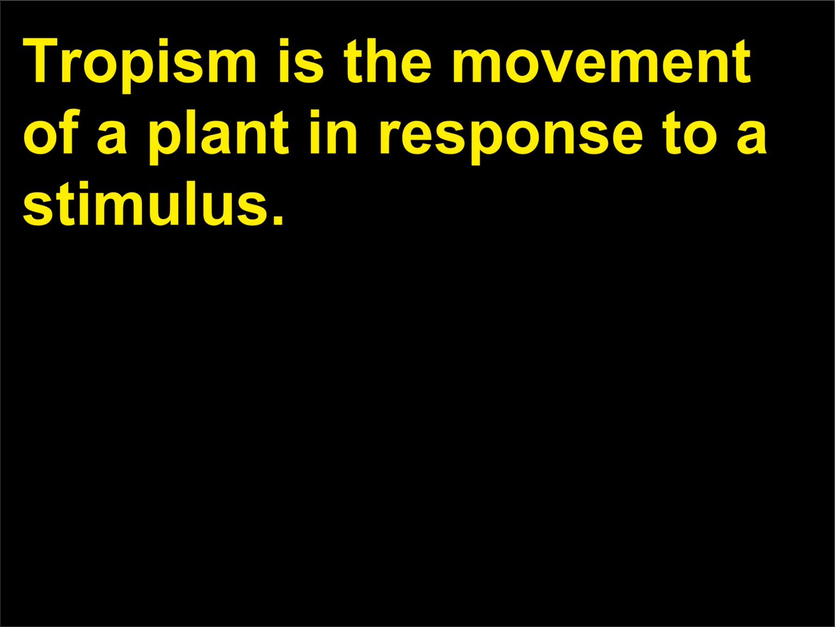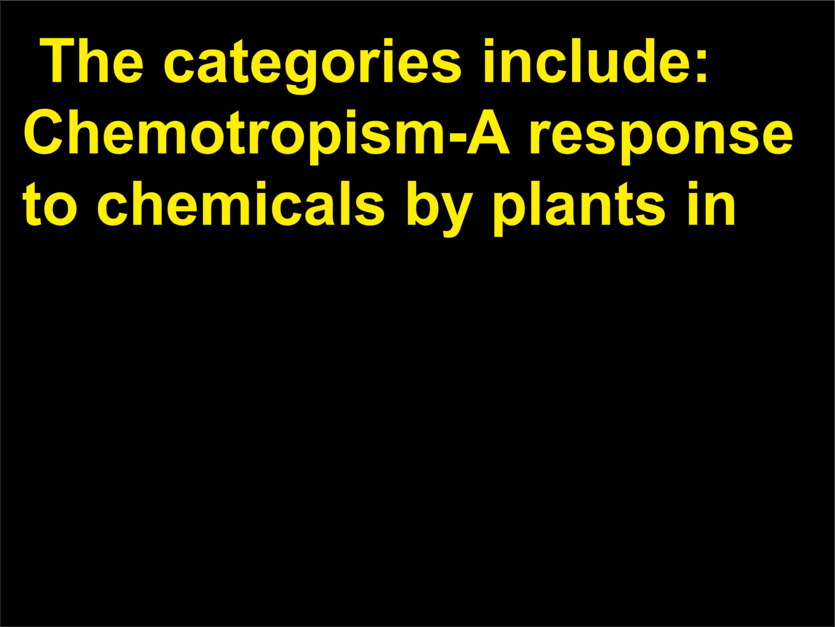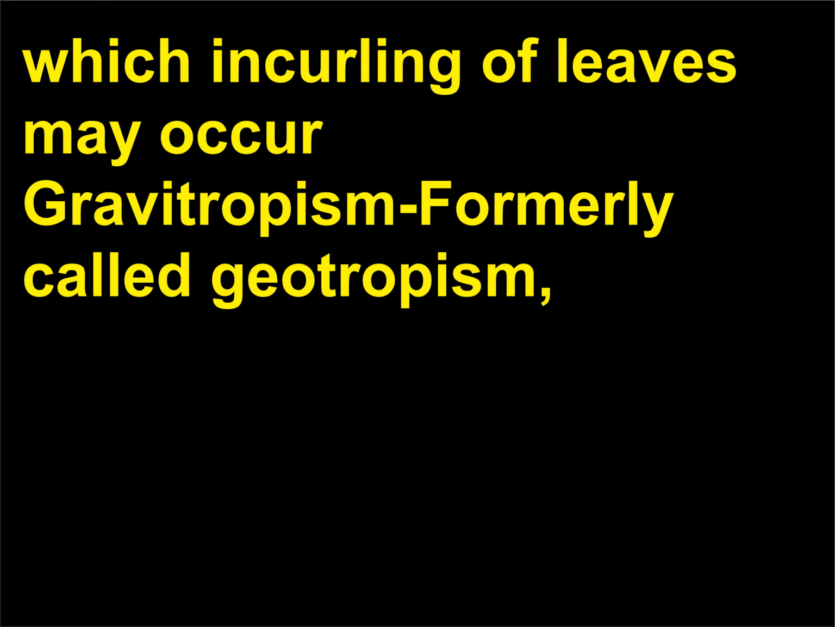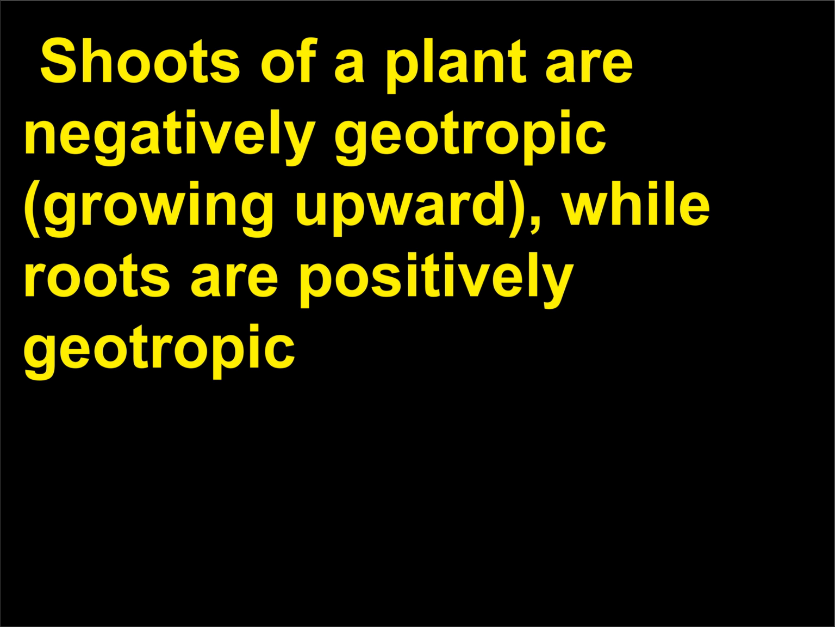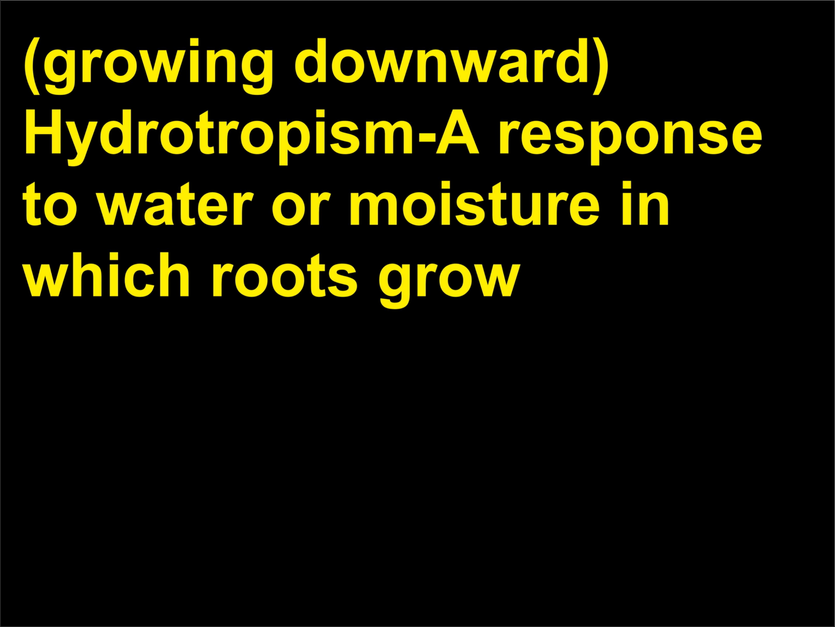Tropism is the movement of a plant in response to a stimulus. The categories include chemotropism, a response to chemicals by plants in which uncurling of leaves may occur; gravitropism, formerly called geotropism, a response to gravity in which the plant moves in relation to gravity. Shoots of a plant are negatively geotropic, growing upward, while roots are positively geotropic, growing downward. Hydrotropism, a response to water or moisture in which roots grow